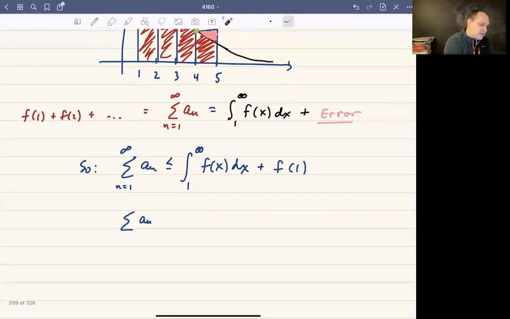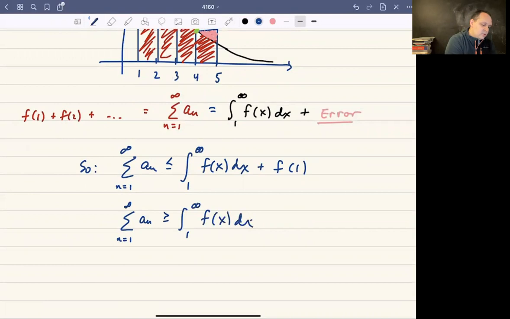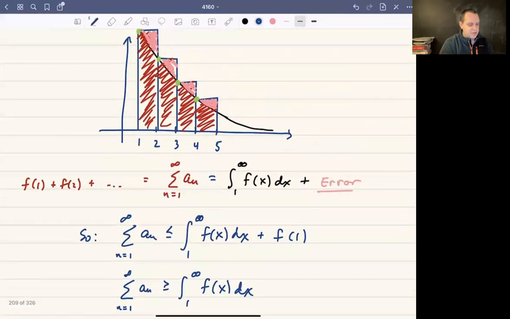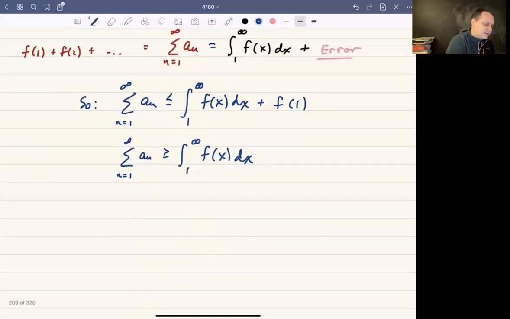On the other hand, a sub n, if we add it up from 1 to infinity, is greater than or equal to the integral from 1 to infinity. What I said before, by the way, was true. It's just not helpful. So anyway, the sum here, the area of the rectangles, is greater than or equal to the area under the curve from 1 to infinity. Okay, so altogether what this tells us is that you can write this as one succinct inequality,